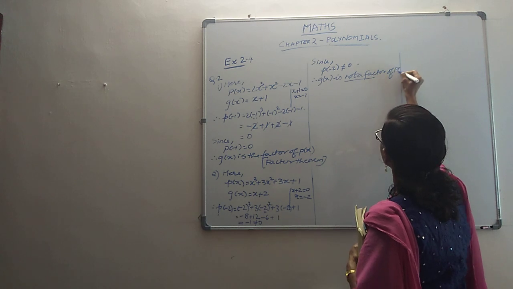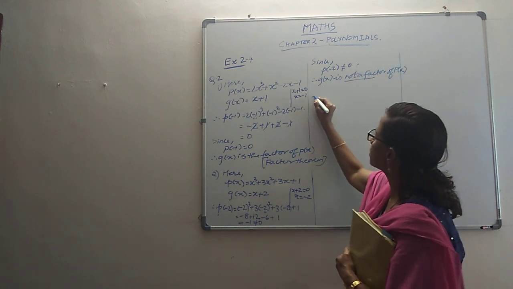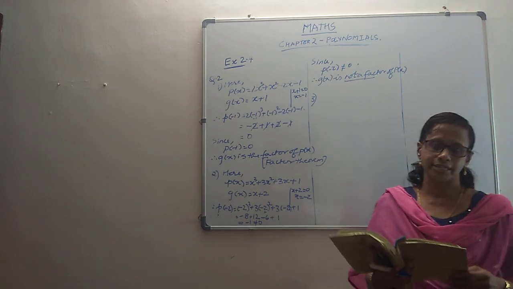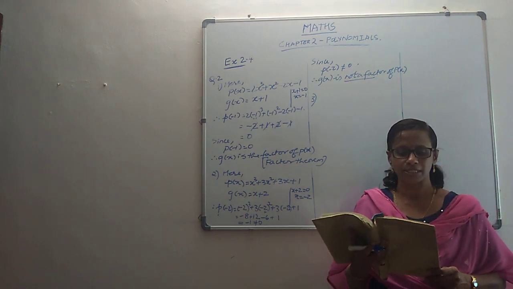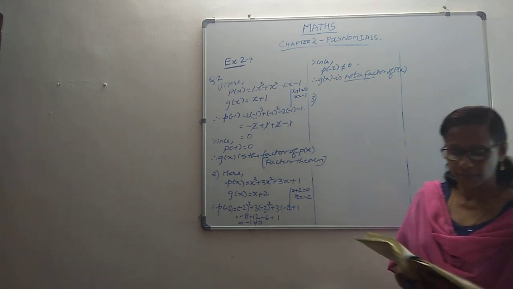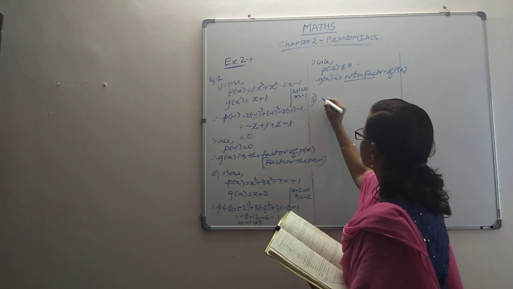Why do we get it? We get it by factor theorem. So the reason is by factor theorem. If at all the question demands a reason, then it is factor theorem by which this happens, right? Then we have the next sub question, which says that p of x is,